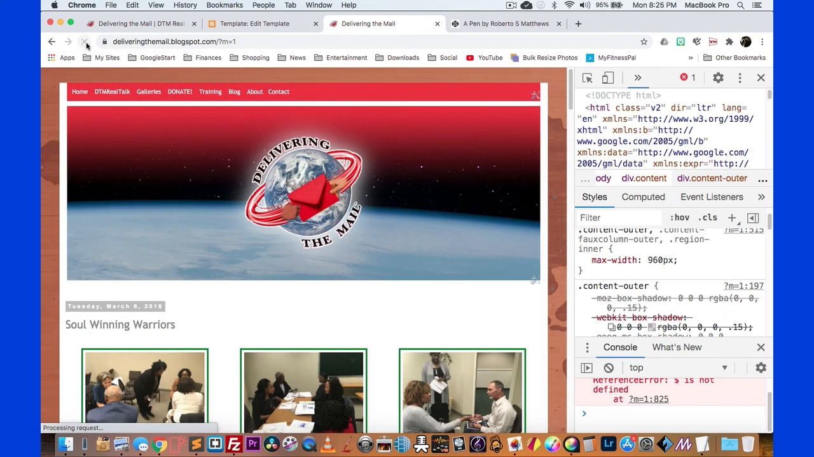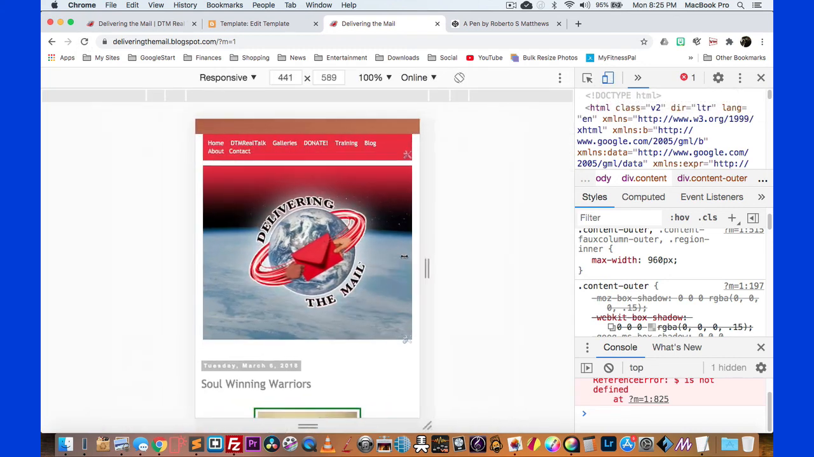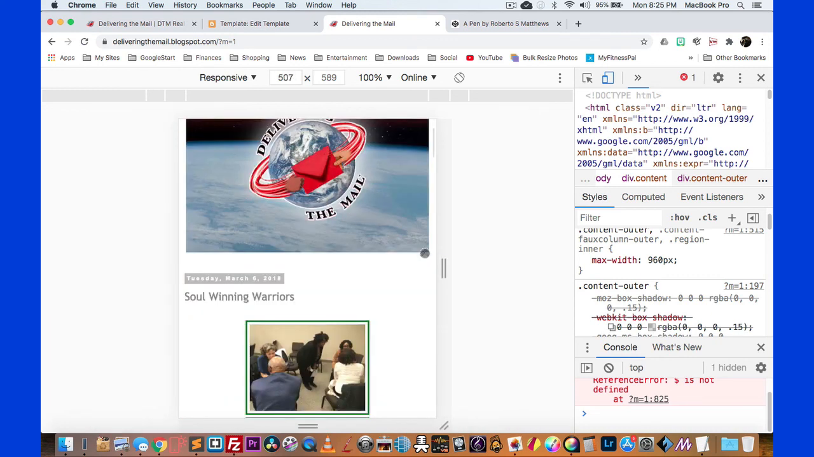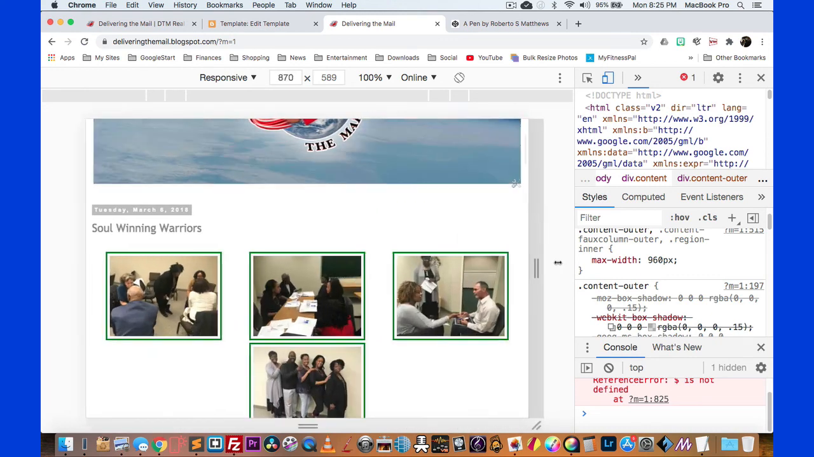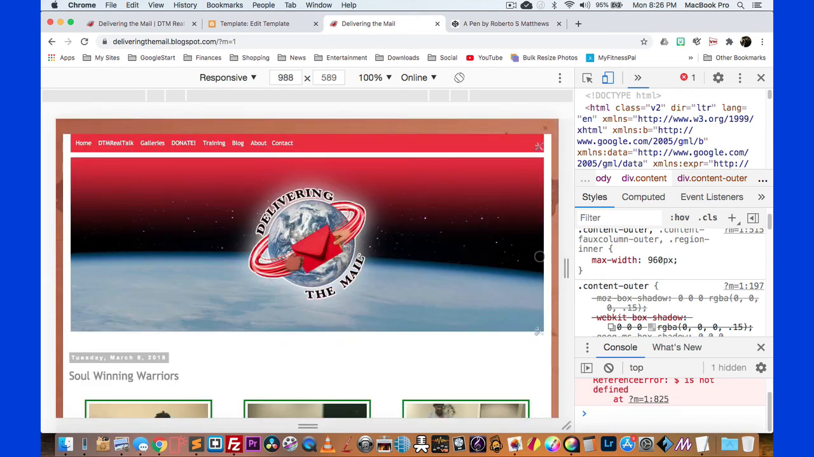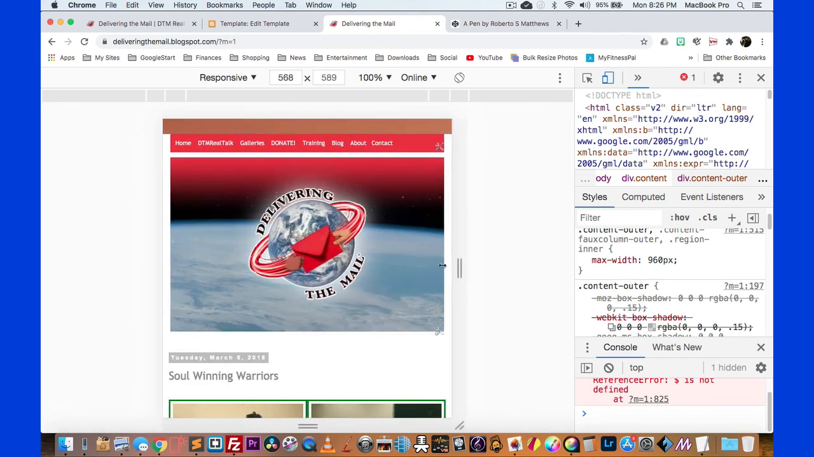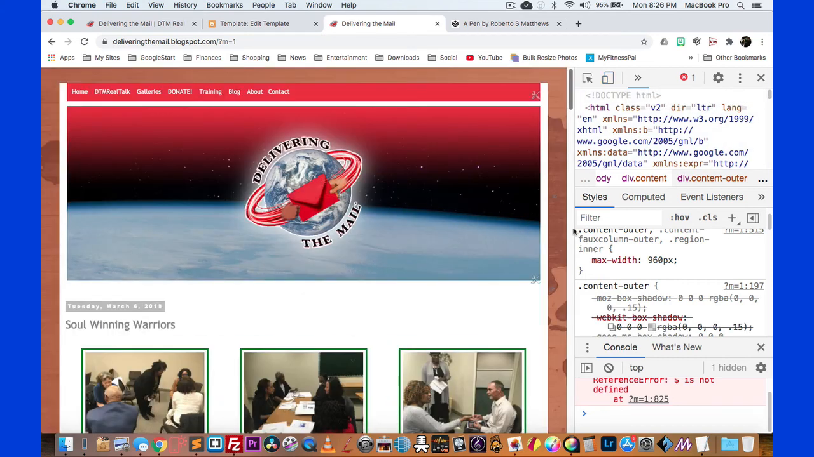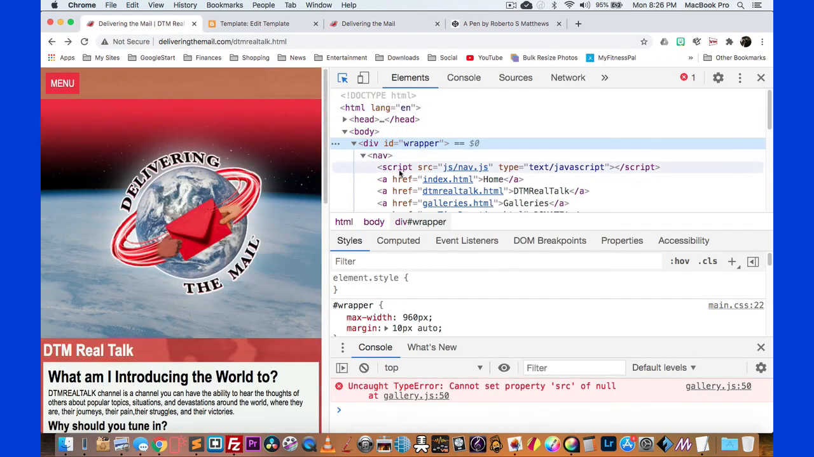Refresh. Okay, and that's much nicer. That's really what we're looking for, a nice, responsive site here. Perfect. Okay, very nice. Let's go ahead and make the size of this a little bit bigger because I'm not liking how small